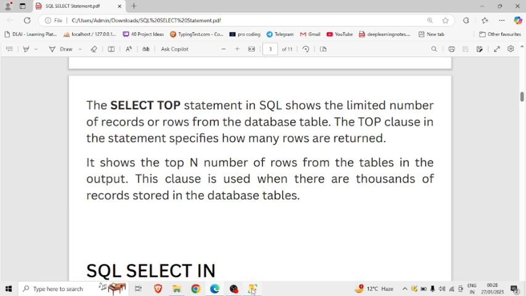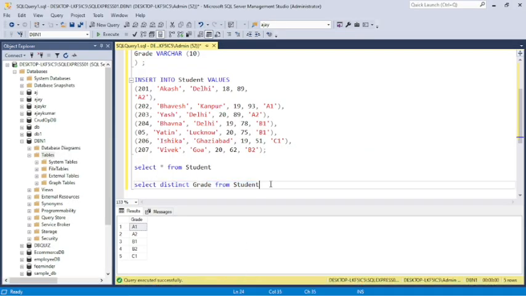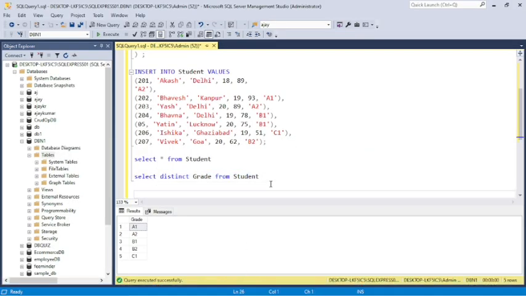Now let's start the practical: how to show the top n number of rows.